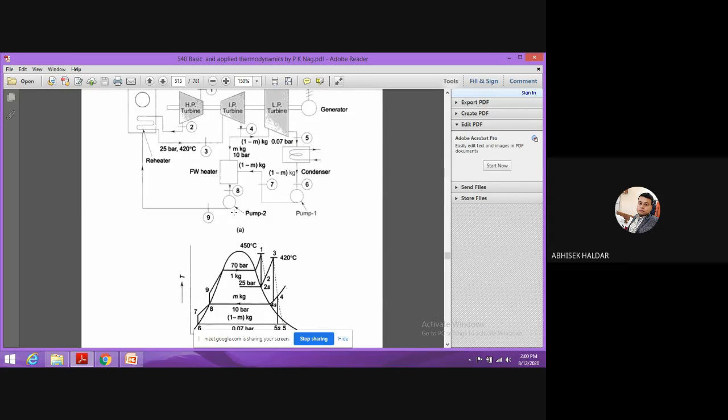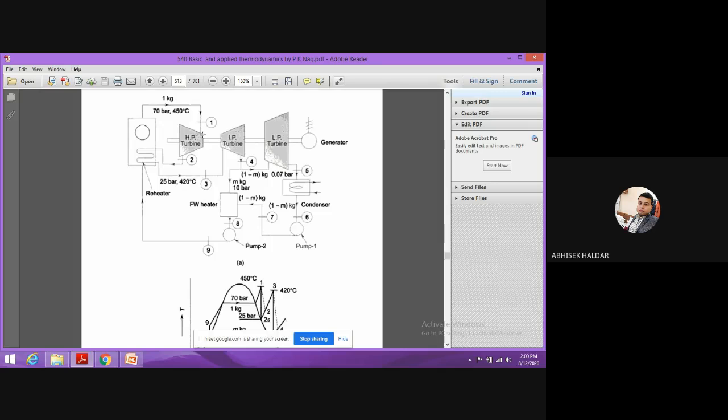So there are several factors. That's why this pressure is not much higher. You can see my boiler pressure is 70 bar, and at which pressure am I taking out the steam? 10 bar. If I take out the steam at, say, 50 bar, this pump will require high pump work, that means a large size pump to deal with that pressure, right? So this is another point. That is the reason why we are not taking the steam at high pressure.